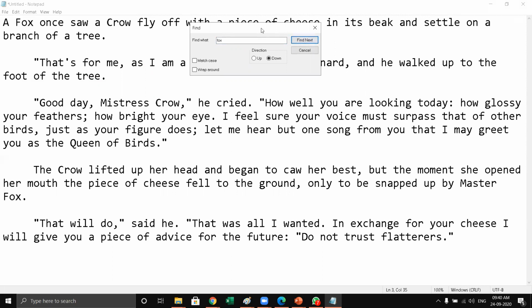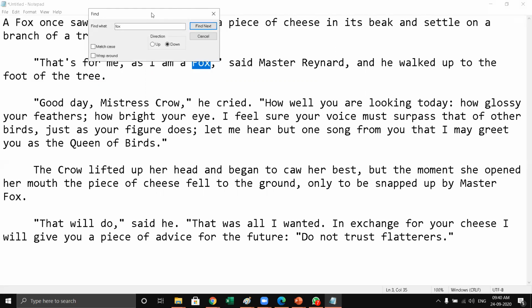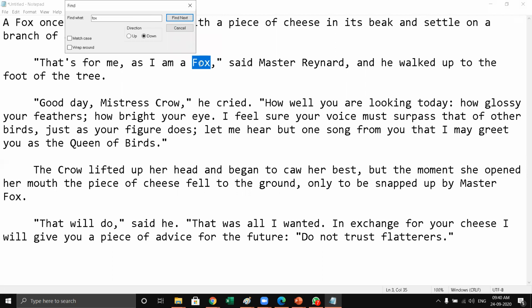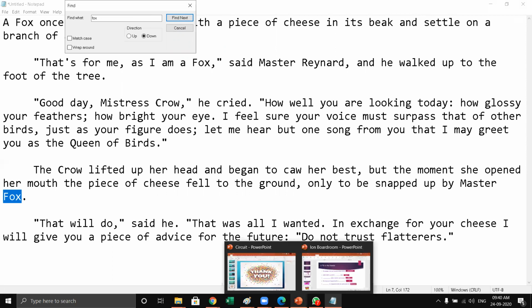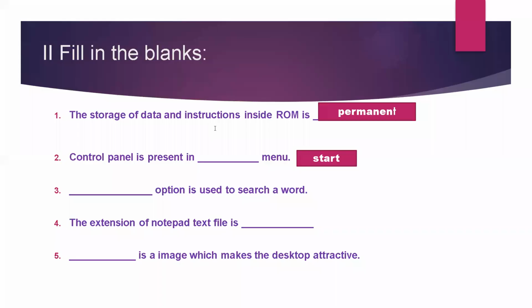Next. Can you observe here? Here also it is highlighted. Next. Fox. So I hope you followed this. So what is the answer here? Find option is used to search a word.